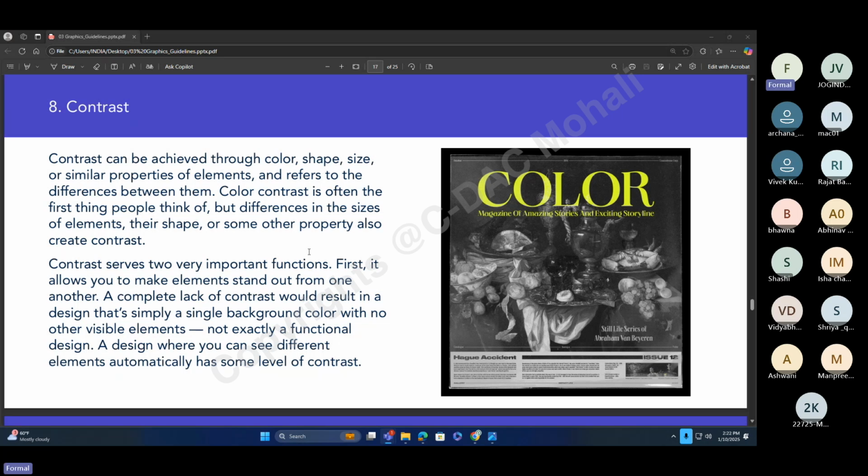Contrast serves two very important functions. First, it allows you to make elements stand out from one another. A complete lack of contrast would result in a design that is simply a single background color with no other visible elements. Not exactly a functional design. A design where you can see different elements automatically has some level of contrast, as you can see in this